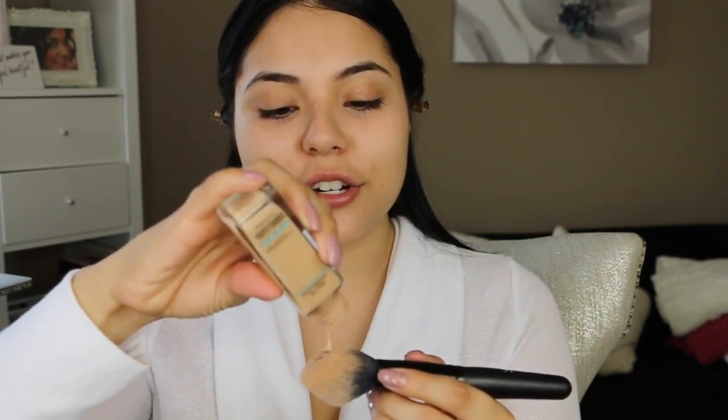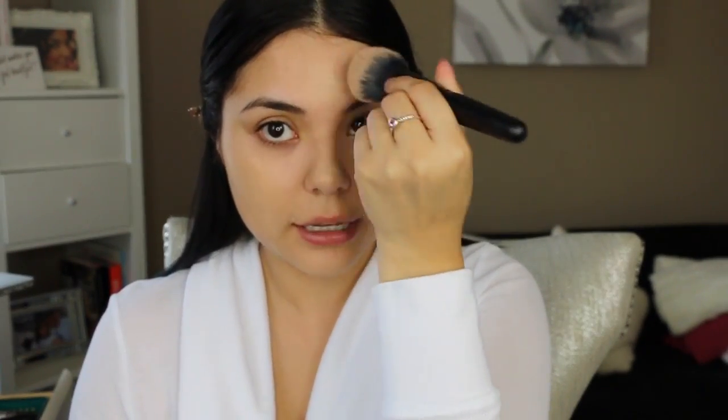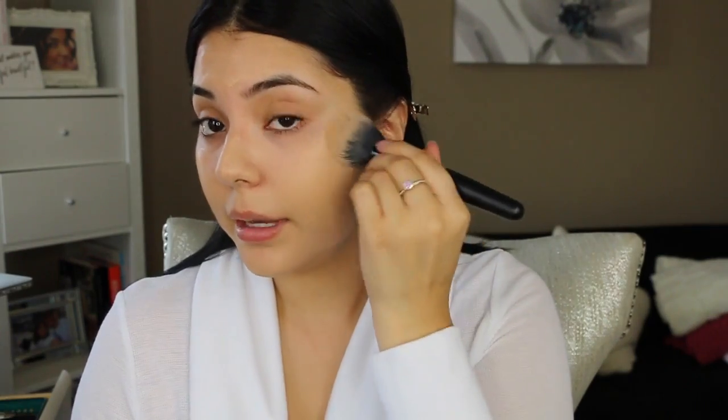I never really understood putting the product on the back of your hand and then just taking it, because I feel like most of the product ends up blending into my hand. So I just put it directly on the brush. I'm like, I ain't got time for that. And then I just dab it on all the areas that I'm gonna cover. I don't really focus on the under eye area because I'm going to pack that on with concealer, brightener, so